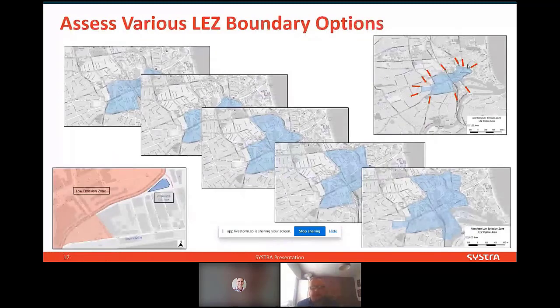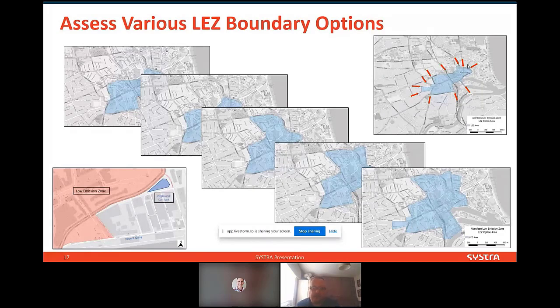So from that, and from how easy it is to change the boundary and run the traffic models, we assessed quite a lot of different LEZ boundary options, quite a few that came from the NLEF process. In actual fact, for Aberdeen, the model itself helped to develop a final scheme. So it took the best elements of the